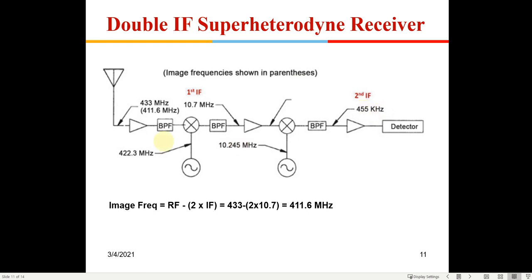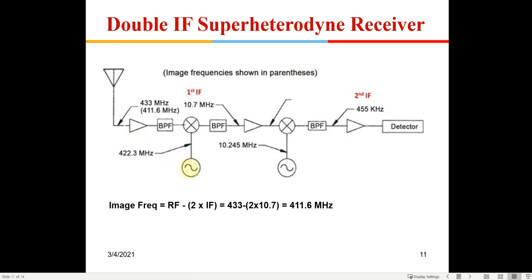So what are the variables here? This amplifier and this local oscillator frequency, these are variable. So once you want to tune different radio stations, these two have to be tuned accordingly, right? If I have to tune, for example, 200 megahertz, I'll tune this to 200 megahertz. This will be 200 minus 10.7 megahertz. So if I have to tune this receiver for some radio signal which is available at 250 megahertz, I'll have to tune this RF amplifier to 250 megahertz, and this will be 250 minus 10.7 megahertz.